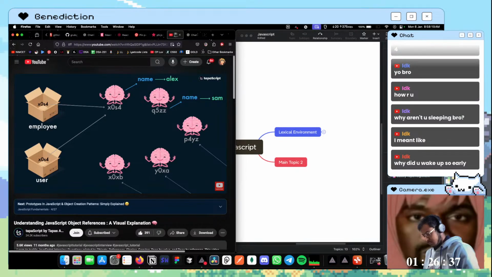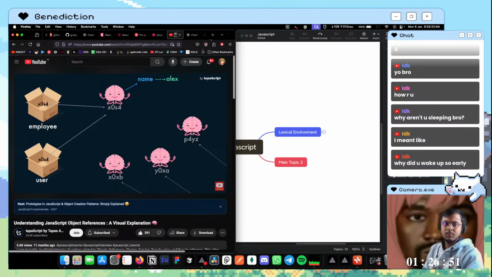At least for the other three at the bottom, there is a dotted line reference. So that means something is referencing. We are not able to see it in this picture because we are not bothered about them. But Q5ZZ, nobody is referencing. So the JavaScript garbage collection cycle is going to garbage collect them and free up that memory. At a later point of time, somebody else will be able to occupy that memory. Some other object can use that memory and do something with it. So I hope the references, garbage collection, all these fundamentals are very clear to you right now.